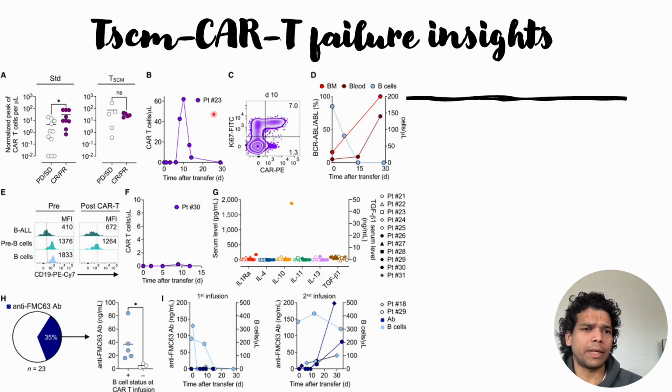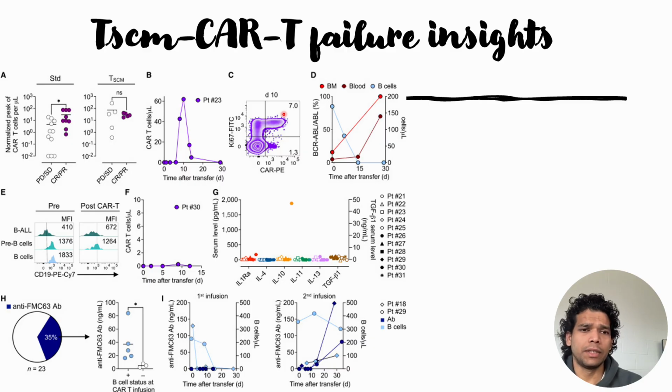So they started with patient number 23. In this case, the good thing is that the CAR-T cell expansion occurs. However, they did not show tumor suppression, or the tumors grow uninterruptedly in the bone marrow and blood. Panel B shows the CAR-T cell expansion, around 10 to 12 days, which is close to the end of the second week. And the expansion markers are high. That is, Ki67 markers are high in these CAR-positive cells,